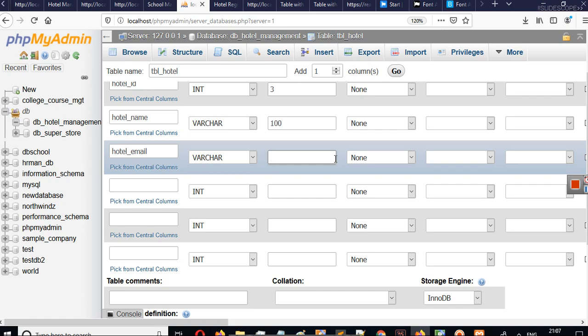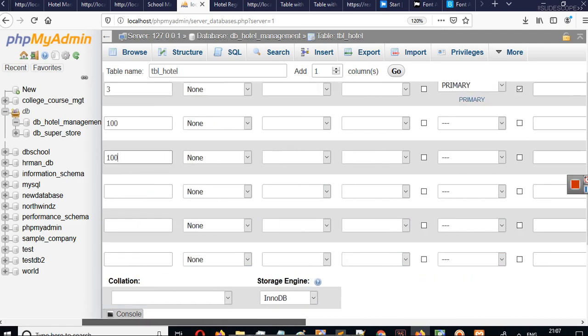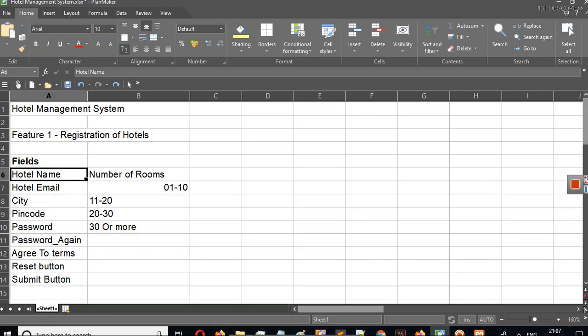That's why it is string data type. We will choose varchar here, and let's say no one can have more than 100 characters in their email ID. Again, it is not going to be null because it is mandatory. Suppose some particular value is not mandatory in your case, then you can check null there.